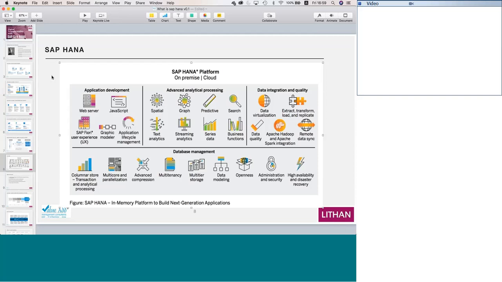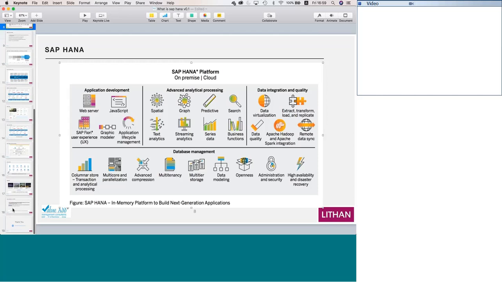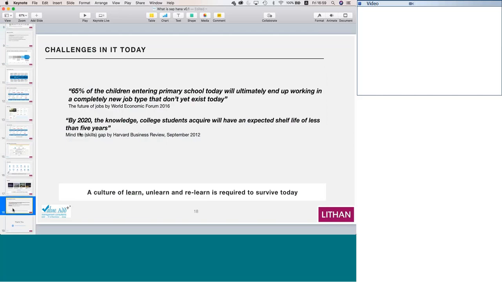So in a nutshell, you got to choose before I end. As I said, you have to go digital. I'll put back this slide given by the World Economic Forum and Harvard Business Review. The shelf life of anything you learn is 5 years. If you are in ECC, your shelf life is 5 years or maybe less, but nothing more.